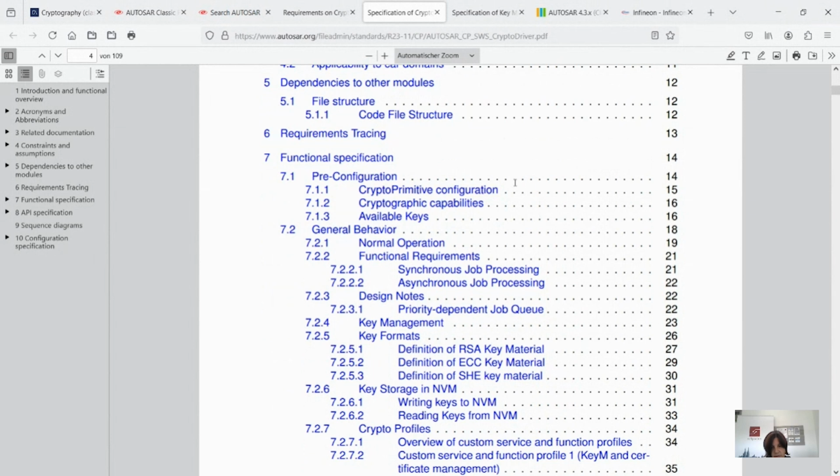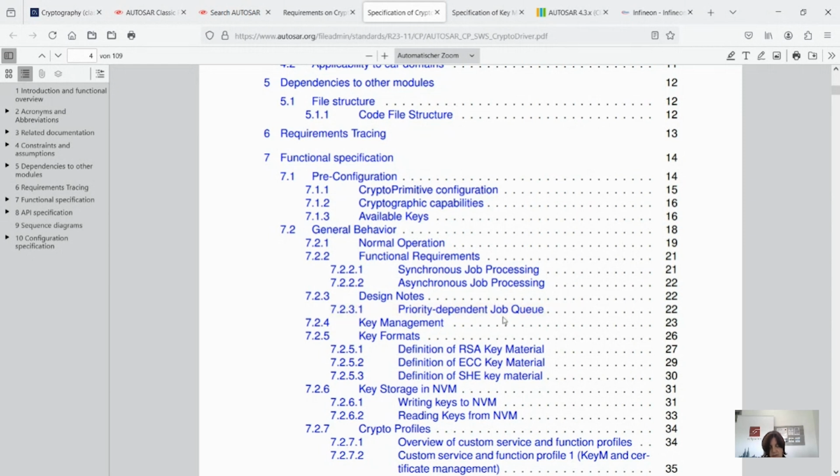So the configuration, the capabilities, the available keys, which keys do you have? The general behavior, the functional requirement, do you have synchronous job processing or asynchronous job processing, some design notes, the